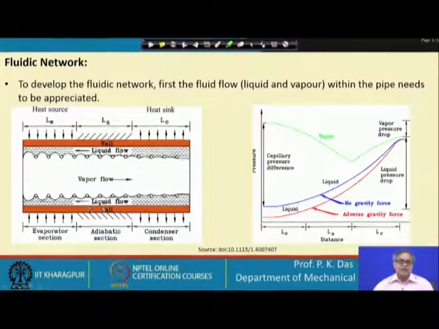wick structure, and then we have to understand that there is not much change of the liquid volume, liquid being incompressible, vapor is compressible, vapor density is also less, but the liquid density is not that less. So, liquid mass flow rate there is slight change, but after that the volume flow rate does not change much. So, for the liquid, this blue line, if we see that there will be continuous fall in pressure as it moves from the condenser end to evaporator end, because there is flow resistance.